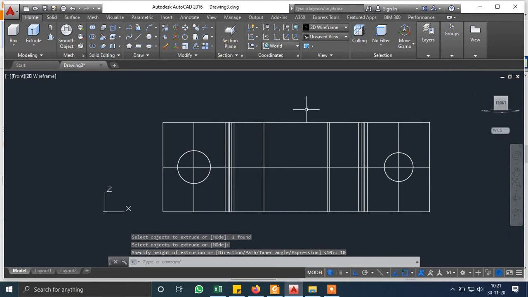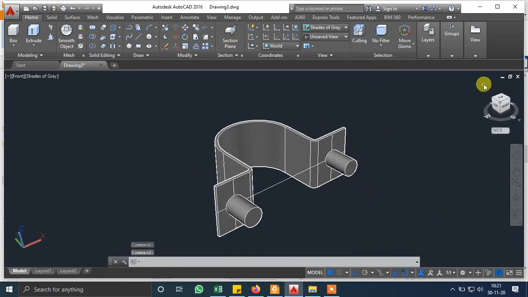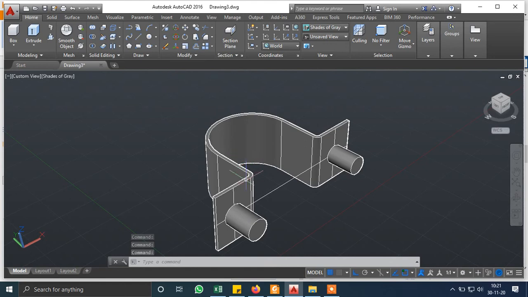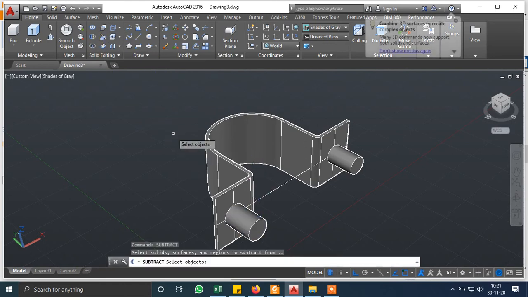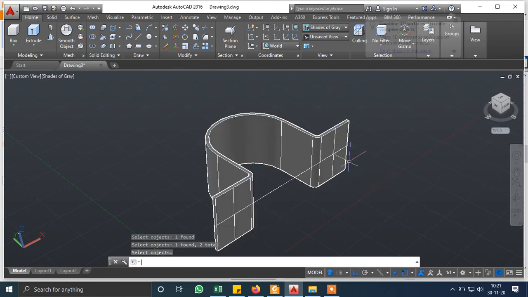After this, you have to subtract the unwanted regions because these are just holes that have been extruded. Post extrusion it would look something like this. We just need to make a hole. For this, use the subtract command, select this object, and subtract these two regions, enter.